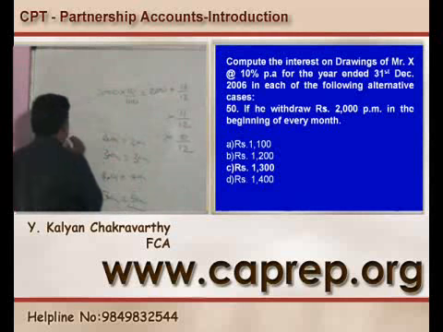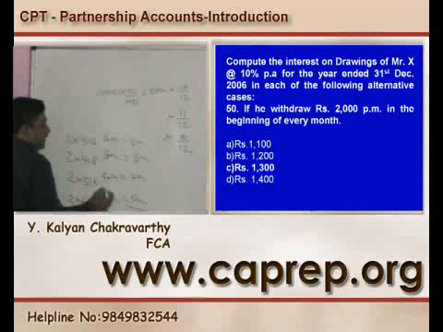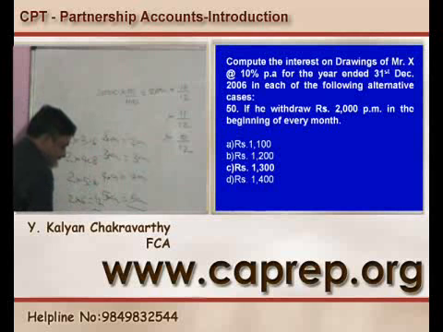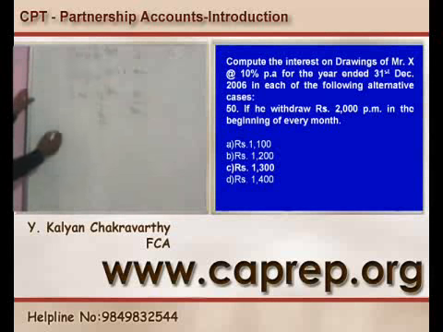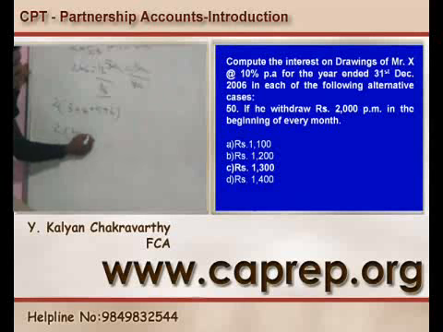14a. Or the other way around, 2 into 3, 2 into 4, 2 into 5, 2 into 6. There are two ways of doing it. 2 into 3 is 6, 2 into 4 is 8, 2 into 5 is 10, 2 into 6 is 12. So the sum total is 6 plus 8, 14, 14 plus 10, 24 plus 12, 36. But there is another way of doing it also. What is that other way? Take 2 common, 3 plus 4 plus 5 plus 6. 2 into 3 plus 4 is 7 plus 5, 12 plus 6, 18. 2 into 18 is equal to 36. It is coming like that, isn't it?